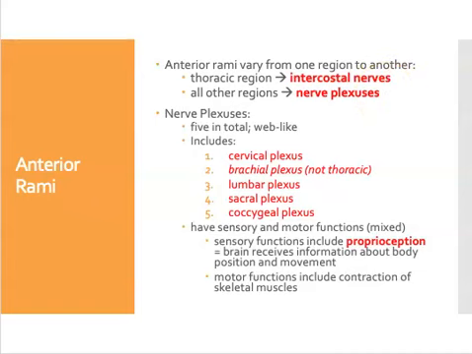Remember, spinal nerves are mixed nerves, so they have both sensory and motor functions within them. When it comes to the plexuses, the sensory information includes a very particular type of sensation information that we call proprioception. Proprioception refers to information about where the body is in space. Now, I know that's a strange thing to wrap your head around, but if you close your eyes right now,